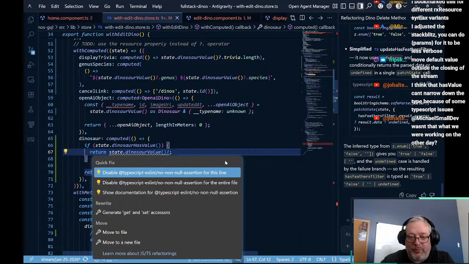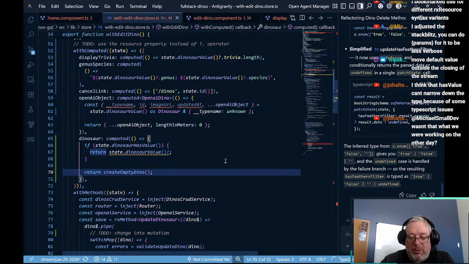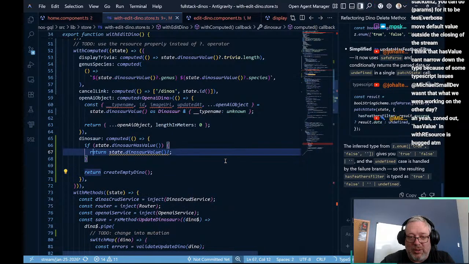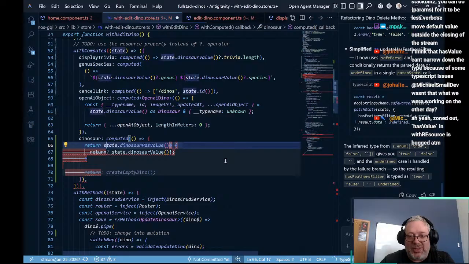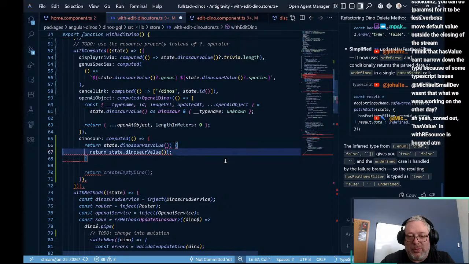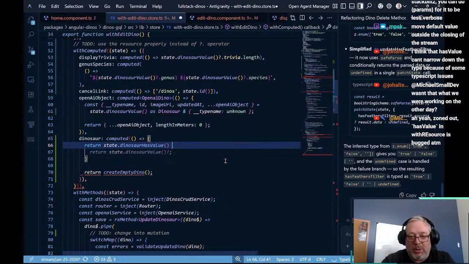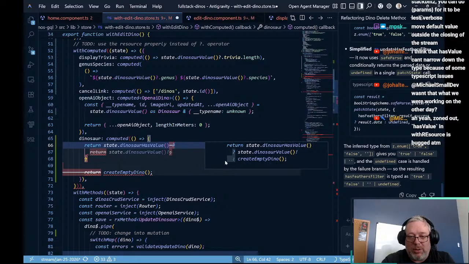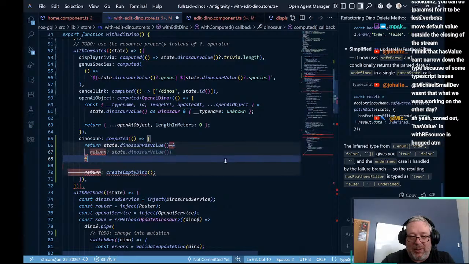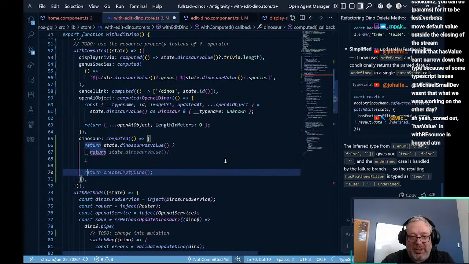Can we convert this one? Return state.dinosaur.has value question mark that colon that,